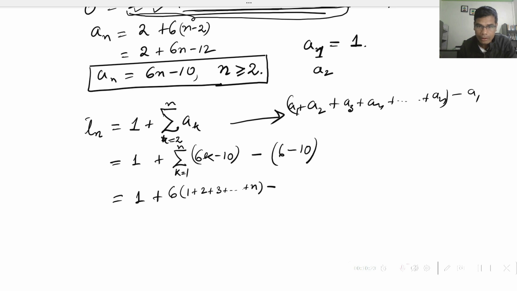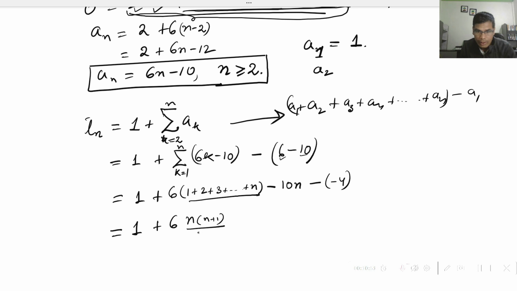then minus, so when k runs from 1 to n, this is equal to minus 10n, then minus, so this is minus 4, so minus of minus 4, which is equal to 1 plus 6. So this is the sum of first n natural numbers, which is n times n plus 1 by 2, minus 10n, then plus 4,